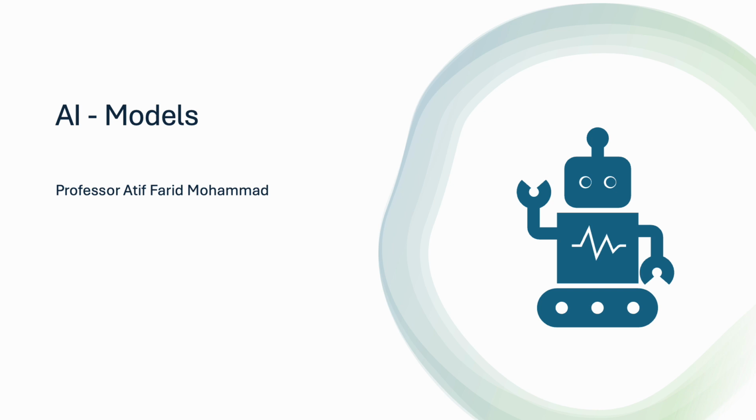We will be discussing in quite detail today on AI models. Artificial intelligence models are mathematical and computational representations that simulate the behavior of intelligent systems. These models are designed to learn, reason, and make decisions based on the data they process. Let's look into that together.